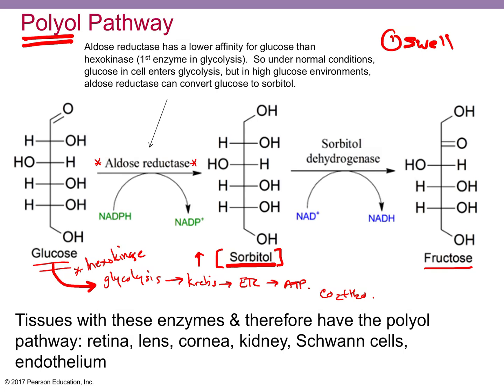The second thing that happens is that the polyol pathway causes a depletion in NADPH. You see how NADPH is being used and converted to NADP. So the more aldose reductase does its job, the less of this you're going to have around. It's going to get used up. That NADPH is actually required to make an antioxidant. The antioxidant is called glutathione.